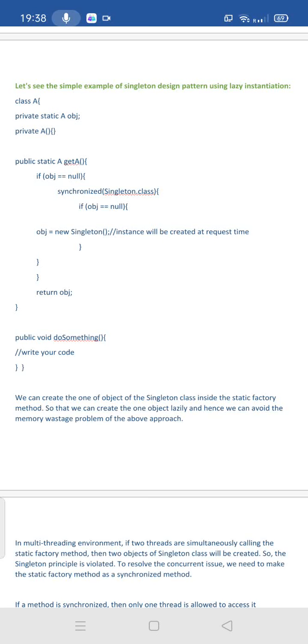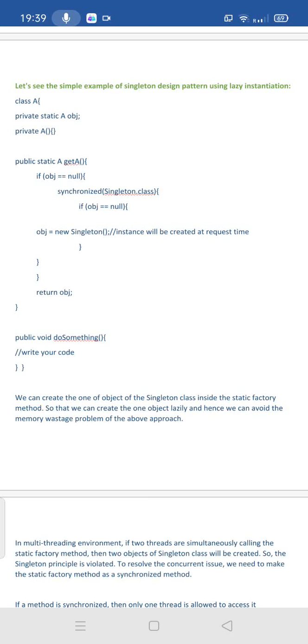Whoever requires the object of the singleton class will use the static factory method. They will call the static factory method, right? So inside the static factory method, we check whether it has already been created or not. If it is not created, we will create it and return it. If it is already created, then we will return the existing object. So here the object is created on demand, whenever we require it.